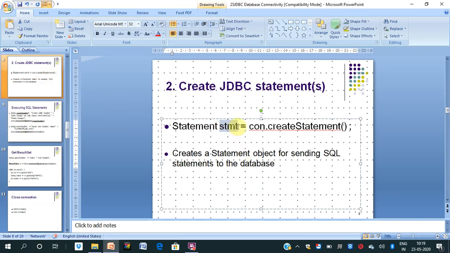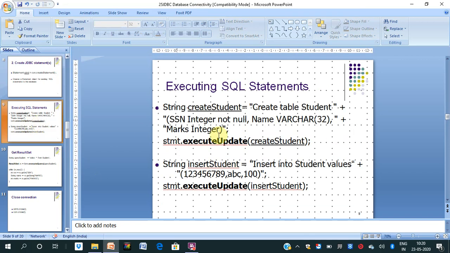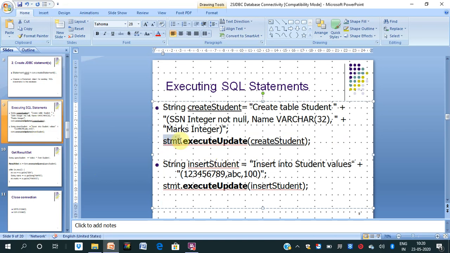This stmt is the object of the Statement class, and it is con.createStatement. So we have created a blank statement. Now you can see this same stmt, as we have created already. stmt is the same object, stmt.executeUpdate, not executeQuery, executeUpdate. And this query will be mentioned here. So statement.executeUpdate createStudent, this one.